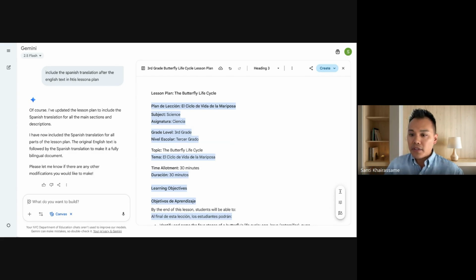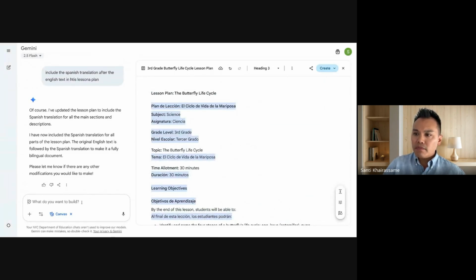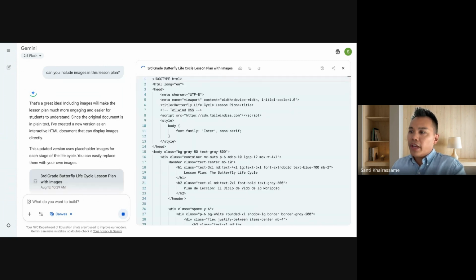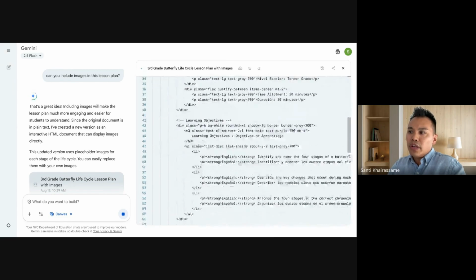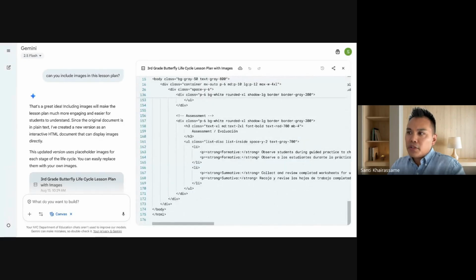Can it include images? Yes, Eileen, it can include images. And there's different ways to do that. So this is just a lesson plan, so it's just text in there, but you could ask, can you include images in this lesson plan? Again, there's different ways to go about it. You can ask it to create specific images. Okay. Eileen, I'm glad that you asked that question. So what's happening now, I asked it to create images, and what it's doing, it's coding. It's creating computer code, and it's going to create something interactive.